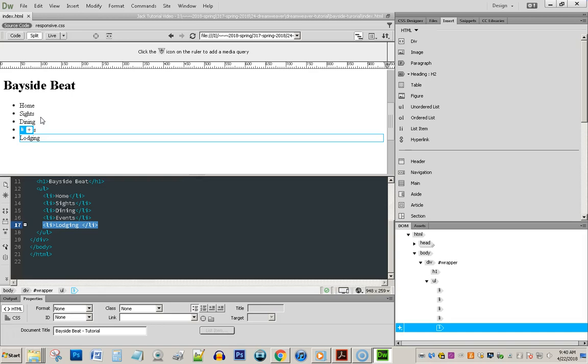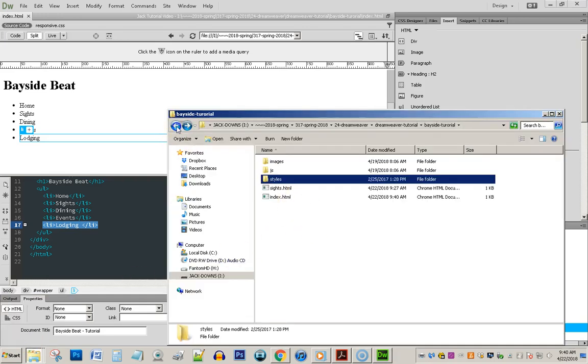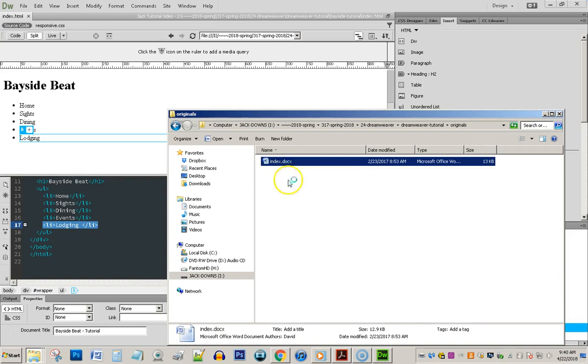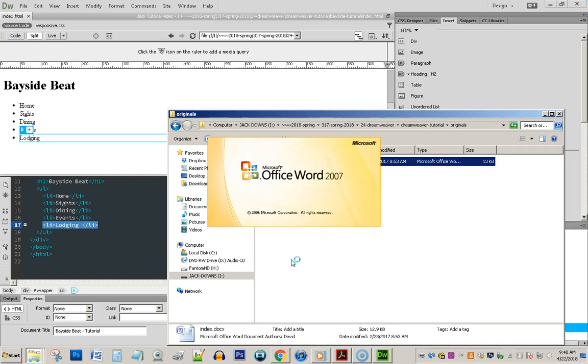We're going to copy and paste some stuff from Microsoft Word. While I'm talking, I'm going to go to that folder and go back to the originals in my folder and start opening up that document, because it'll take a while to open. Good. On page 12, there's a little discussion there, which you should read, about how